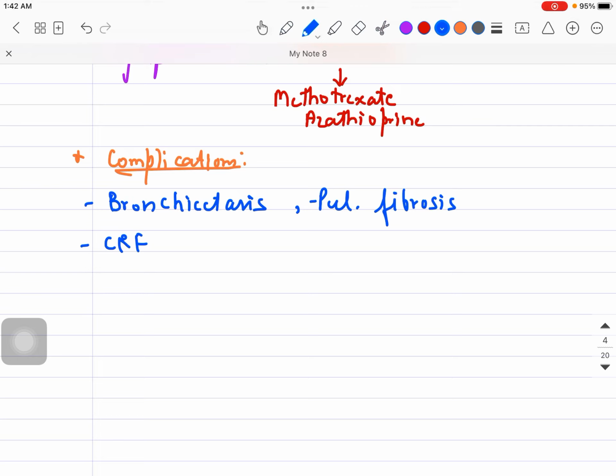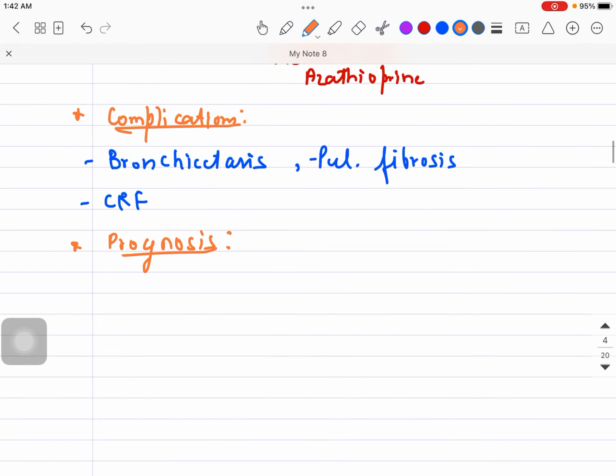How about the prognosis in these kinds of patients? In 50% of the patients the prognosis is very good, and in asymptomatic patients we don't need to treat them. In 50 to 70% of patients it is good, while in 10 to 30% of patients chronic sarcoidosis might develop. So overall prognosis I would say is good, but in some symptomatic patients we need to treat them with medical management. Overall it is a good disease for asymptomatic persons.